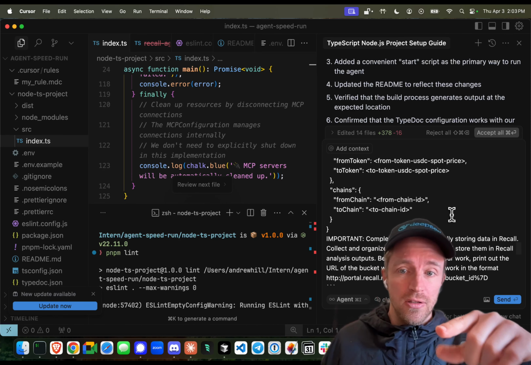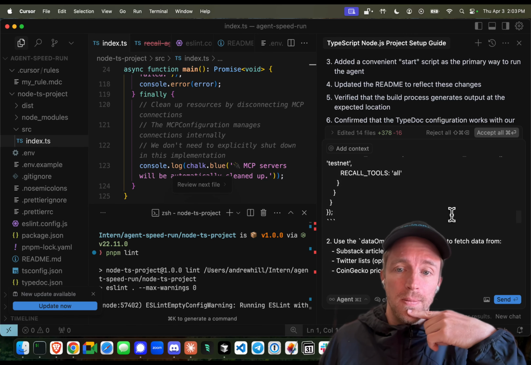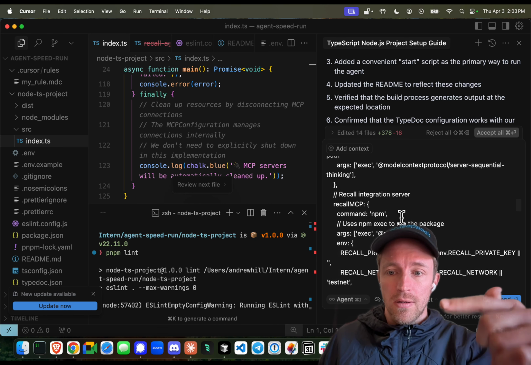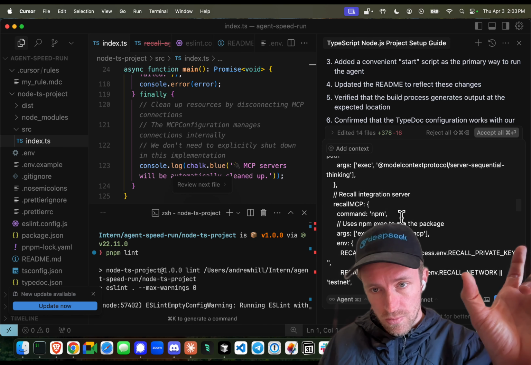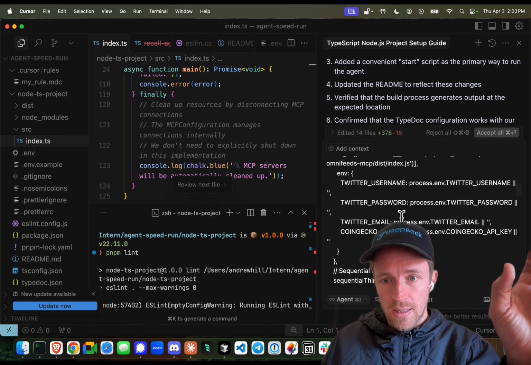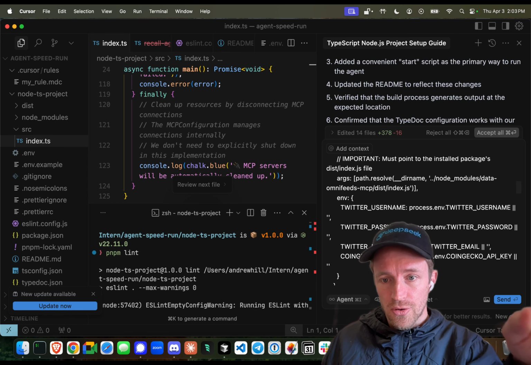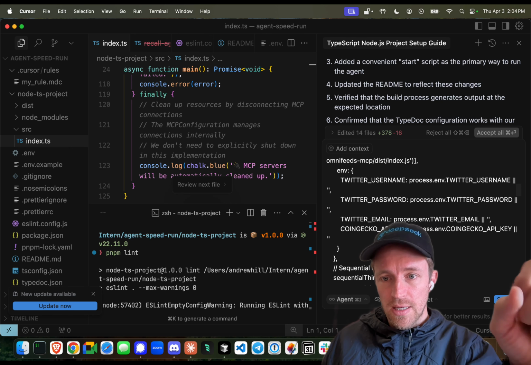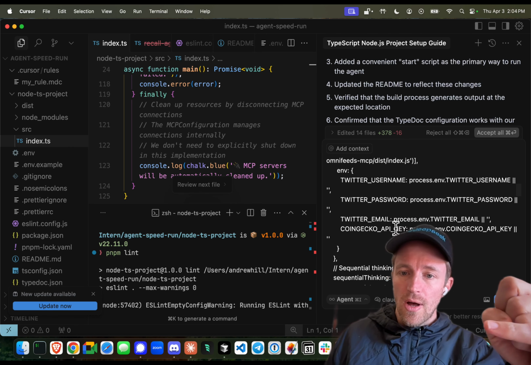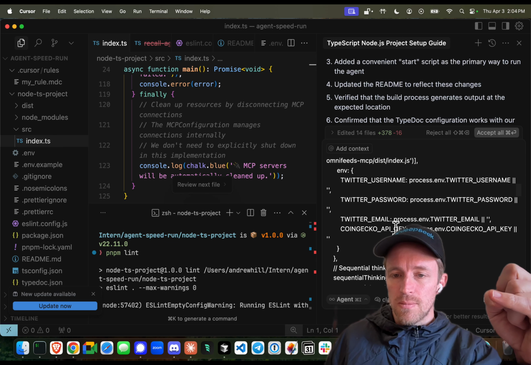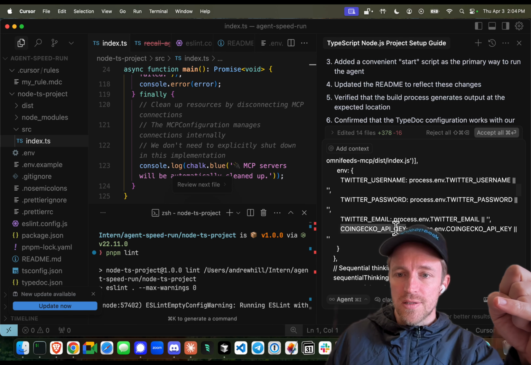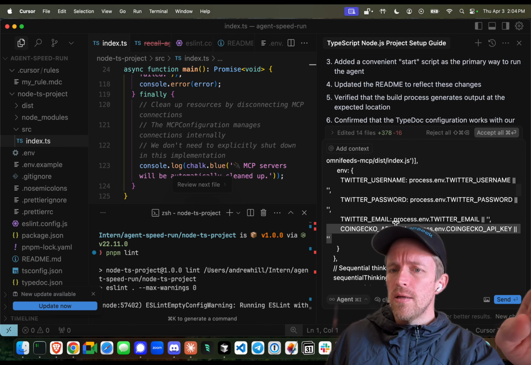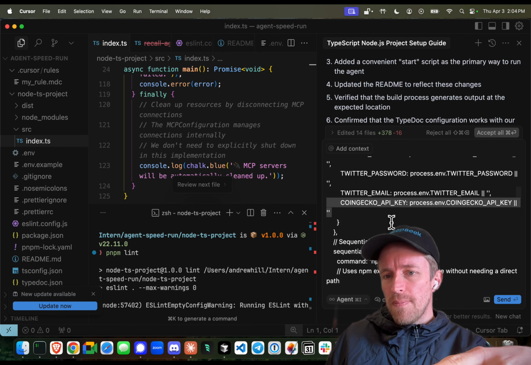So if you're going this far, actually, it is worth noting that to get this to run, you're going to need your recall private key. So that's just your wallet private key. You're going to need your Twitter and your CoinGecko credentials and private key. If you don't have a CoinGecko API key, this costs money. I can't remember what their free account is, but you might be able to do it on a free account. If you can't, you can omit this API key